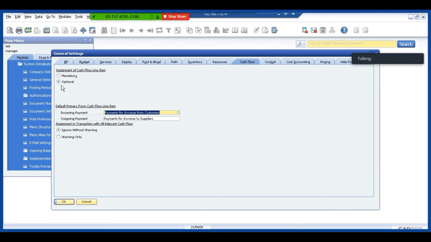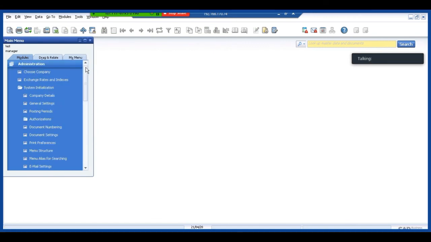I mean, there are two options. One is optional, if I wanted to move it onto a cash flow. The other one is mandatory. If I click on optional, it would not be mandatory to define a cash flow account for it. If I put it as optional, it would be an option. If I put it as mandatory, it would be a necessity.